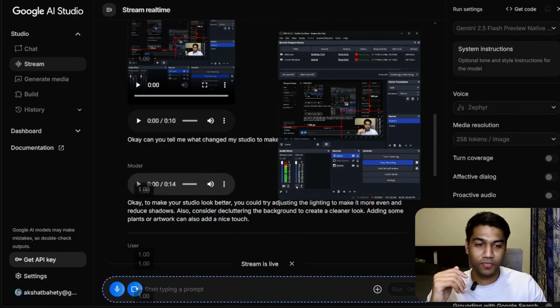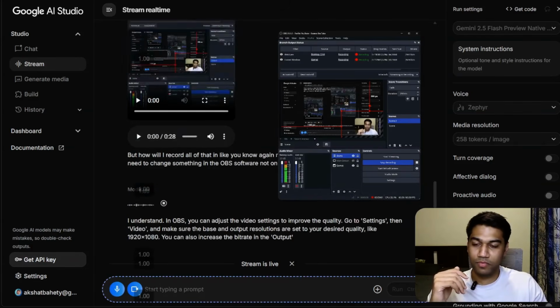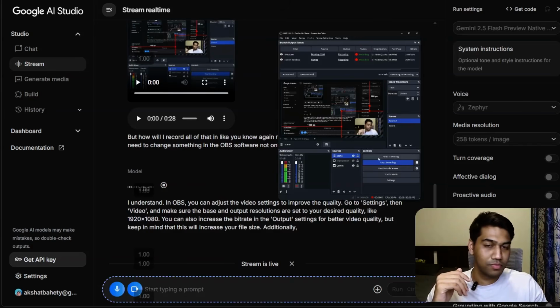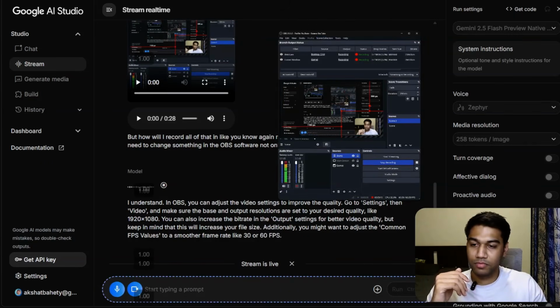I understand. In OBS, you can adjust the video settings to improve the quality. Go to Settings, then Video, and make sure the base and output resolutions are set to your desired high quality, like 1920 by 1080. You can also increase the bitrate in the